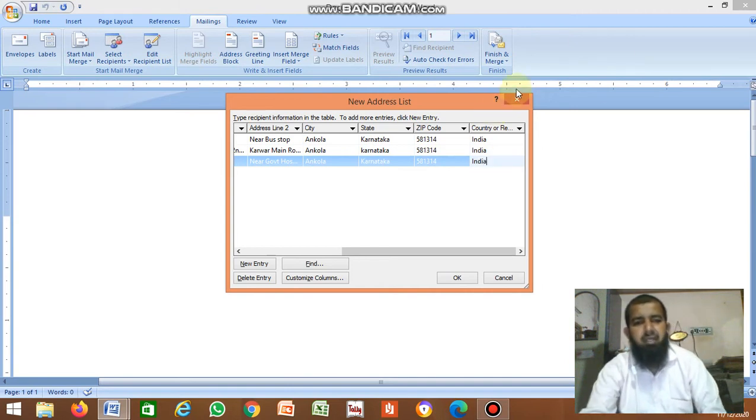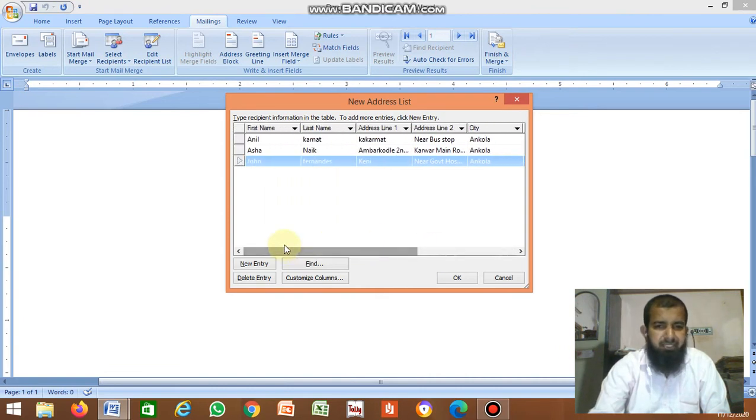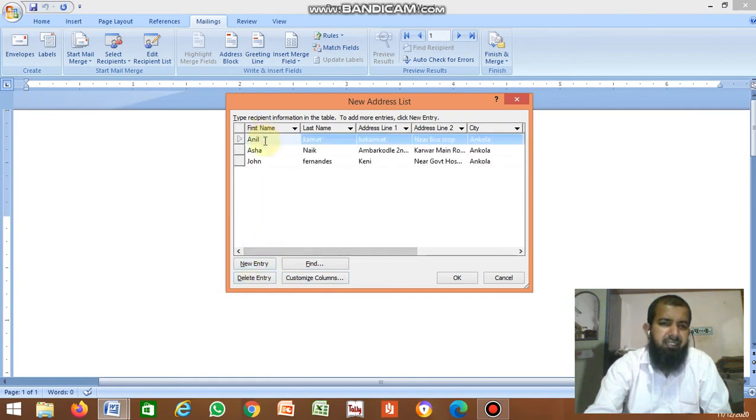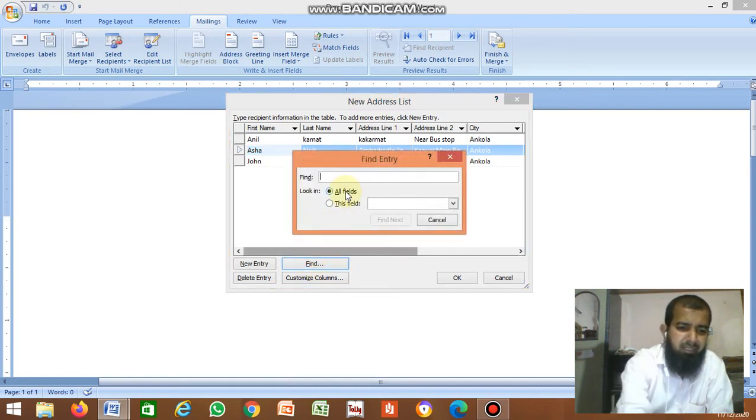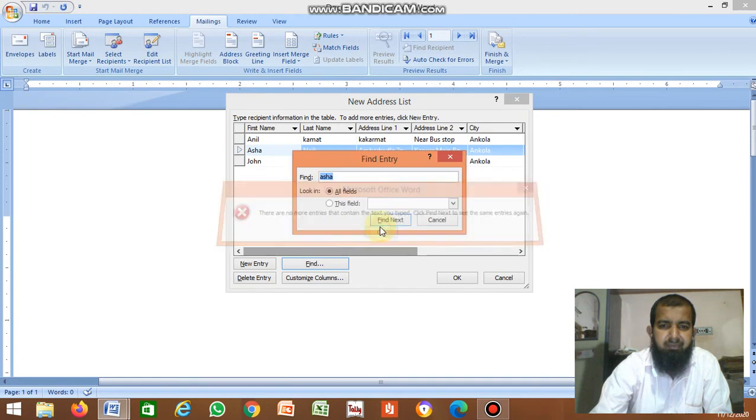If you want, you can enter some more entries. Click New Entry and you can enter the fourth record. If you want to delete any one record, just select and delete it. If you want to find any record by first name or last name, you can click Find and enter, for example, Asha. Then click Find Next, and it selects the record.